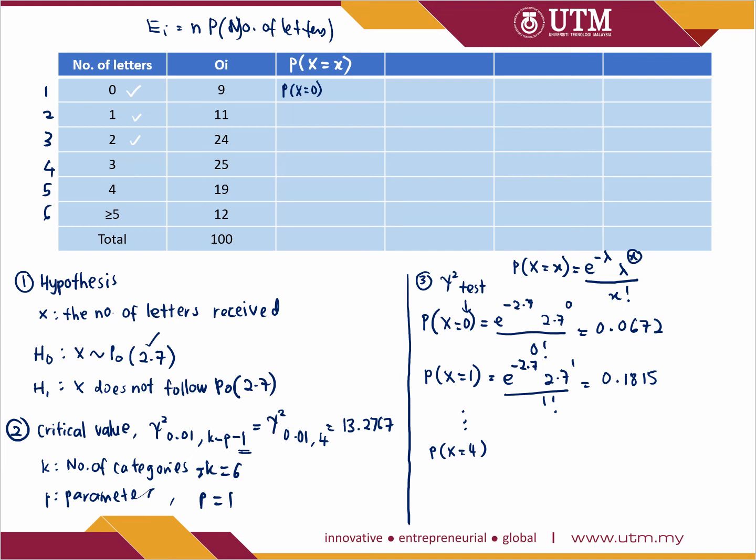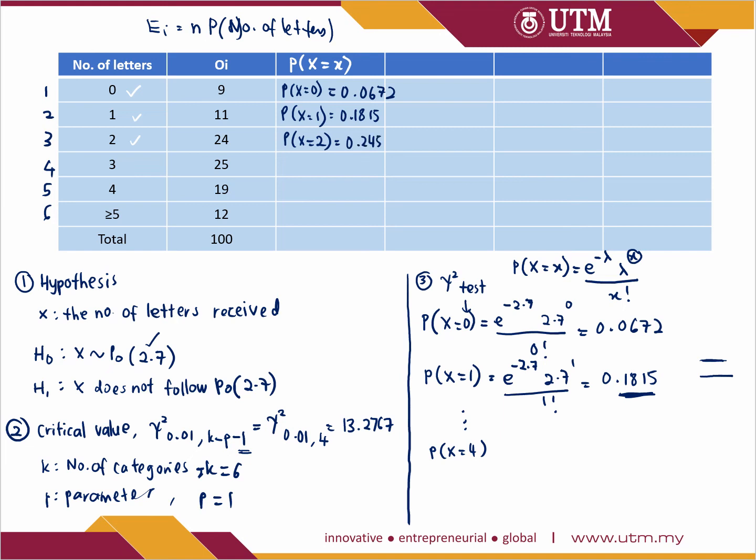Which means that if you want to find the probability of x equals 1, you have to get the value of x greater than or equal to 1 from the table, minus the value of x when x equals 0. So then you can get the value of x equals 1. Okay, so now let's list down here, x equals 1 is equal to. Okay, and you can try out finding for x equals 2. Here you should get